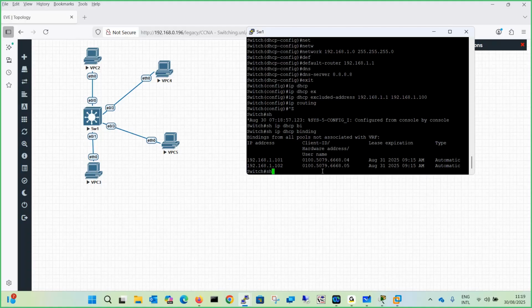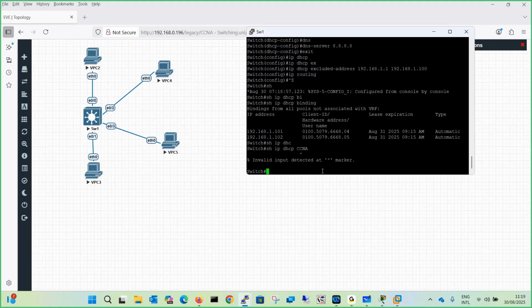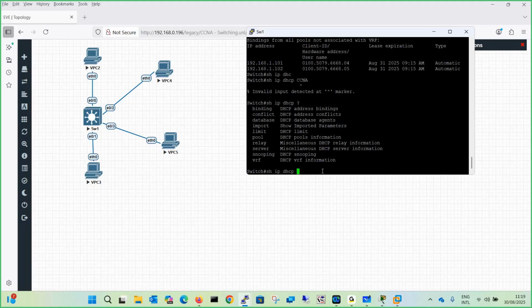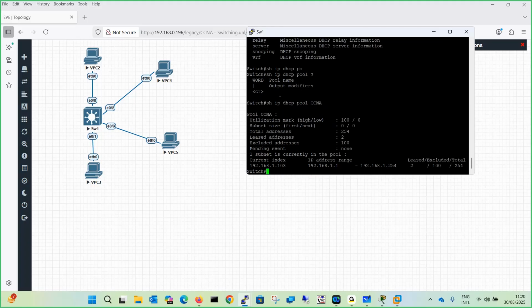Now there is one more command, show ip dhcp pool, and then you give your pool name, CCNA. Sorry, not pool name first. It will be pool, and now you can give the name. Yeah, show ip dhcp pool and then give the pool name. So if you use this command,